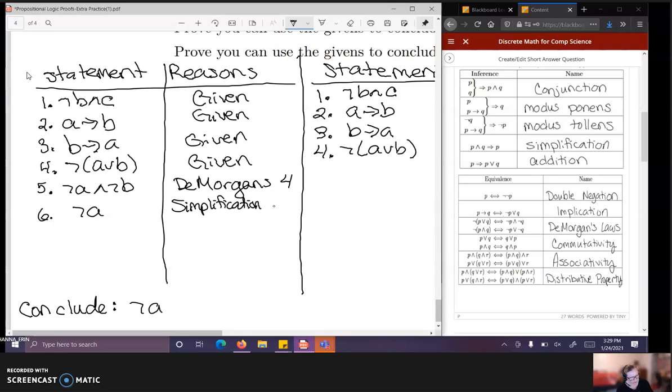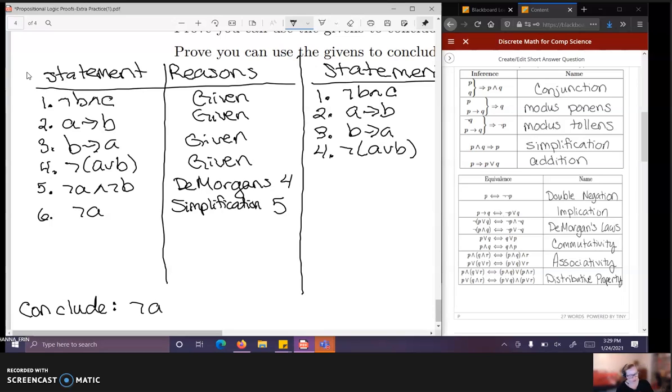And that would be from line 5. And we're done that one. We wanted to conclude not A. We did it. We didn't even need 1, 2, and 3. So, now one thing I do want to talk about in case it's confusing is, say you thought that maybe you wanted to use